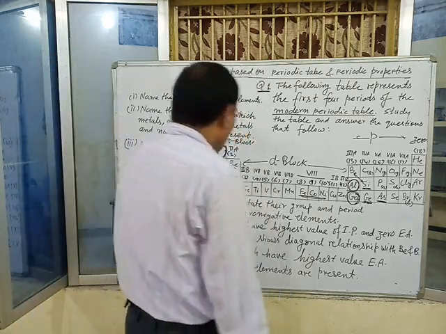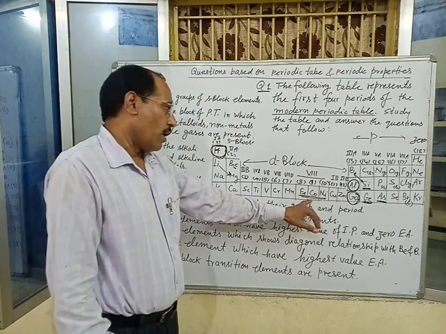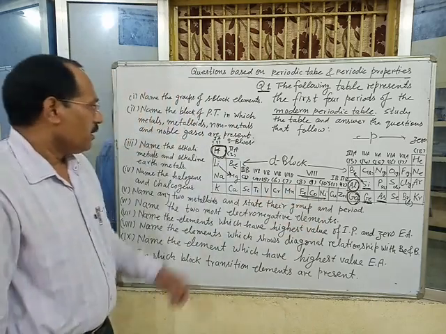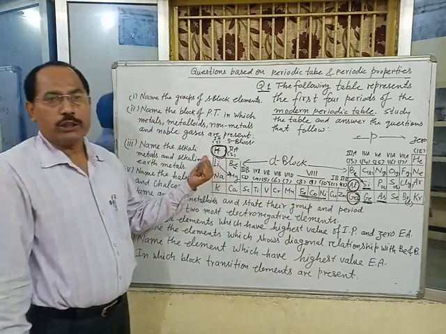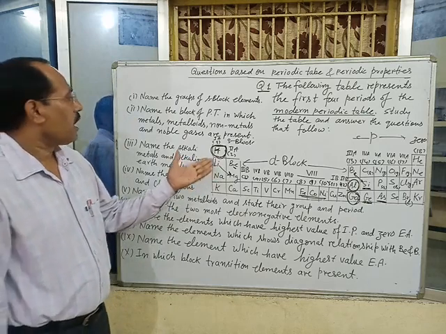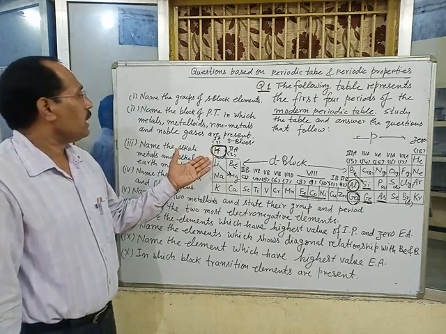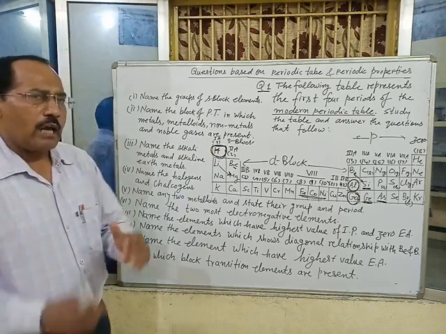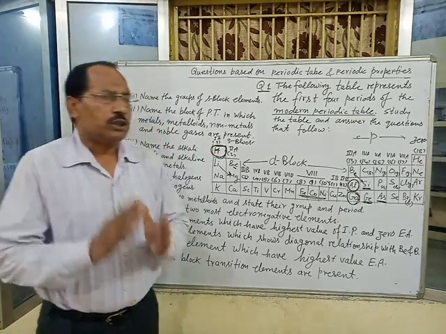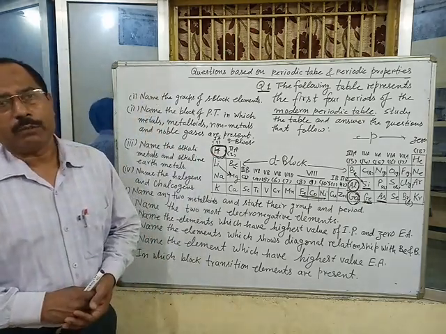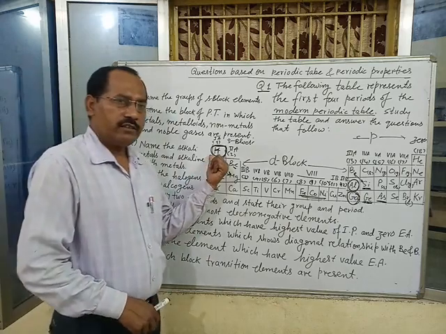Name the ferrous metals. Iron, cobalt, nickel are called ferrous metals. Name the element which is known as the unique element of the periodic table. Hydrogen is known as the unique element of the periodic table. Name the element which finds two places in the periodic table. This is hydrogen.